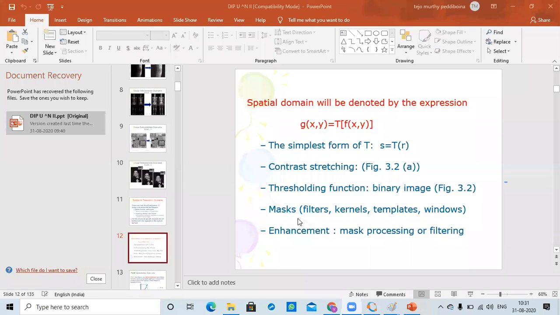They are called as filters or kernels, which will be very useful for point operations. And third one is mask processing is also important. We will discuss mask processing also. That means one example we will take with for mask processing.